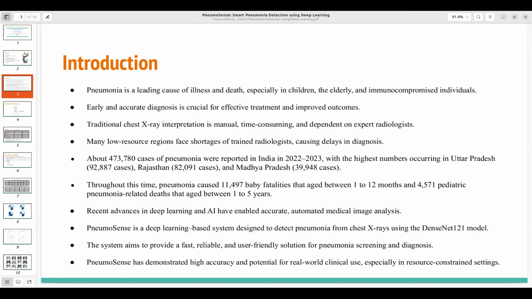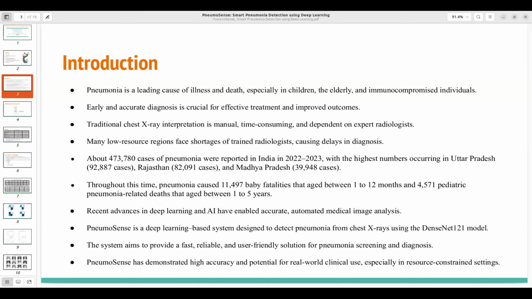In India, basically we face many regions which are not up to the mark, which are low resources, or middle regions, which have a shortage of radiologists, so that causes delays in the diagnosis. So we have some statistics of pneumonia of 2022-23. In that we have the top three states, that is Uttar Pradesh, Rajasthan and Madhya Pradesh, that have the maximum number of deaths due to pneumonia. And in infants we have